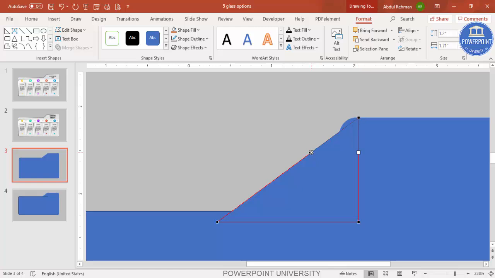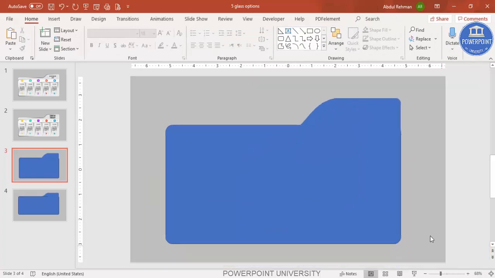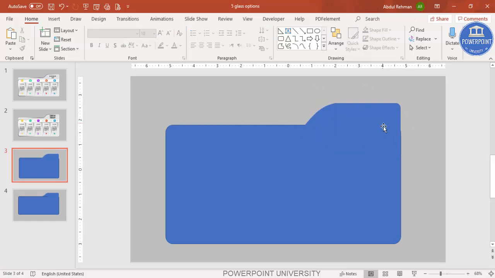You can see the first point, just drag the first point and make sure that it is aligning with the top line there. Alright, and this one also you can make it something like this, or you can just keep it maybe this much size. So it looks something like this, you can see here. If you want to reduce the size also, I can just select this, I can bring it down also. So it looks something like this, and make sure that it is properly aligned.